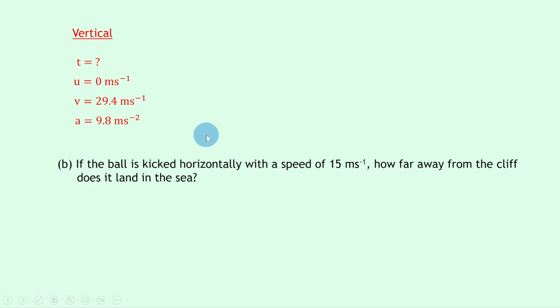So writing down our equation for the vertical motion of a projectile, we have the acceleration equation, a equals v minus u over t. Substituting in the numbers gives us 9.8 equals 29.4 minus 0 divided by t, and then we can multiply both sides by t to get rid of it from the denominator, and that would then give us 9.8t is equal to 29.4, and we can then divide both sides by 9.8 to get t on its own, and if you do that in your calculator you should get an answer of t equals 3